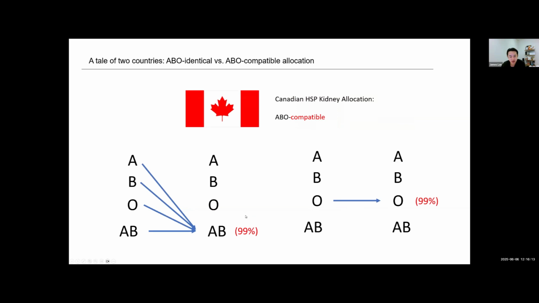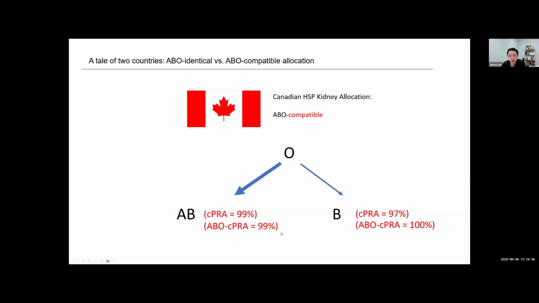And in fact, that's exactly the concept that we discovered here in Canada, that we have been disadvantaging patients in different blood types. If someone's CPRA is 99%, currently they have access to all the blood type donors, but we're treating them the same as someone who's blood type O that only has access to blood type O donors in the donor pool. And when it comes to allocation sequence, we're seeing issues such as the following.